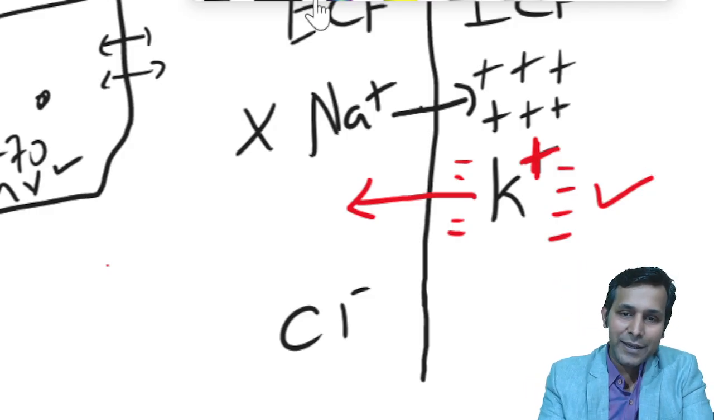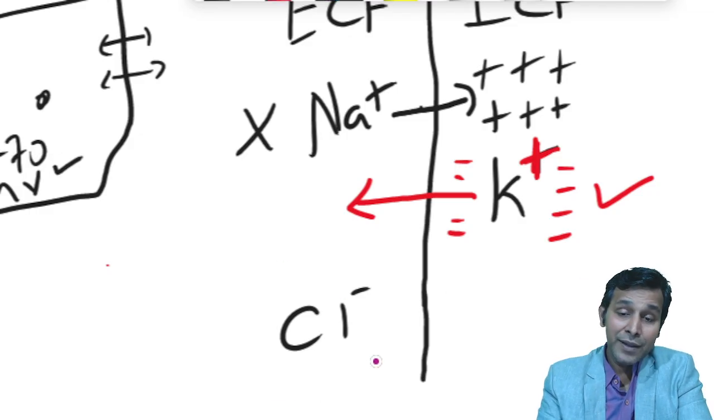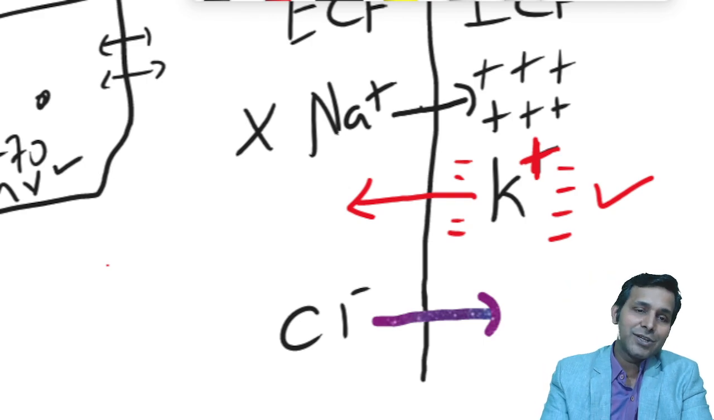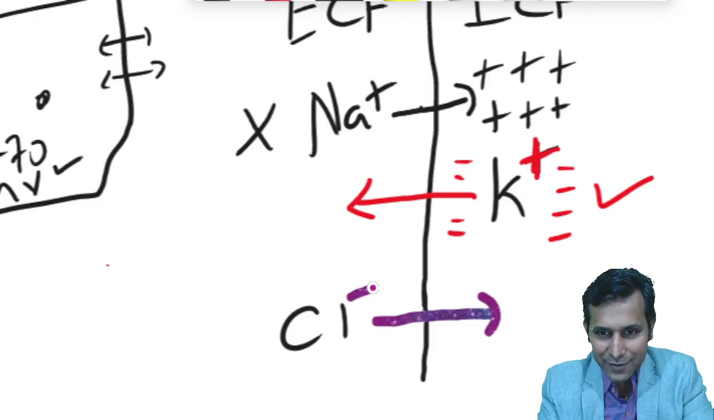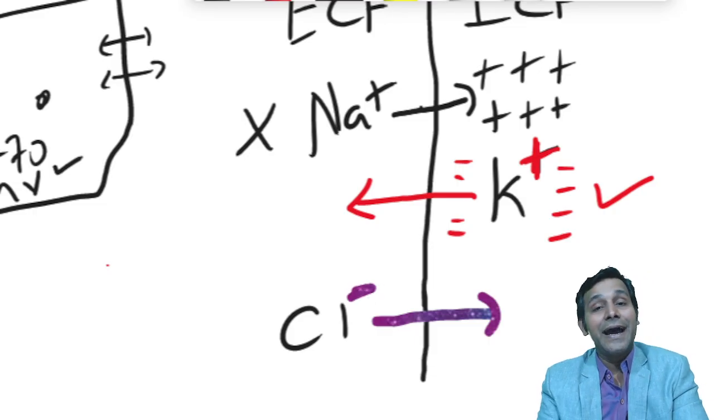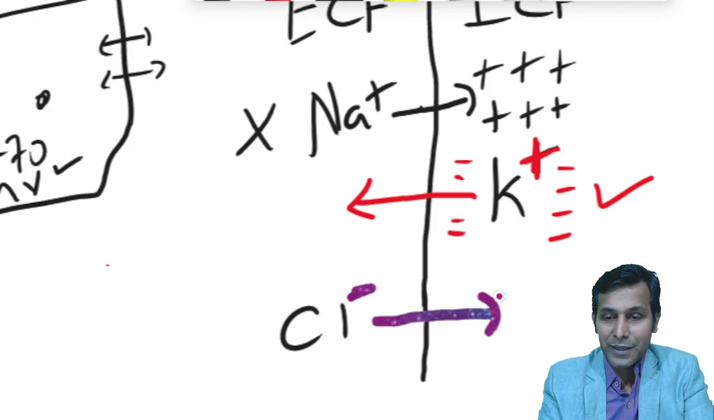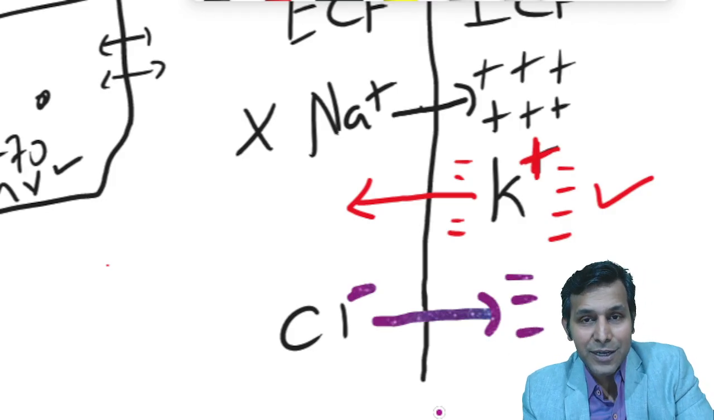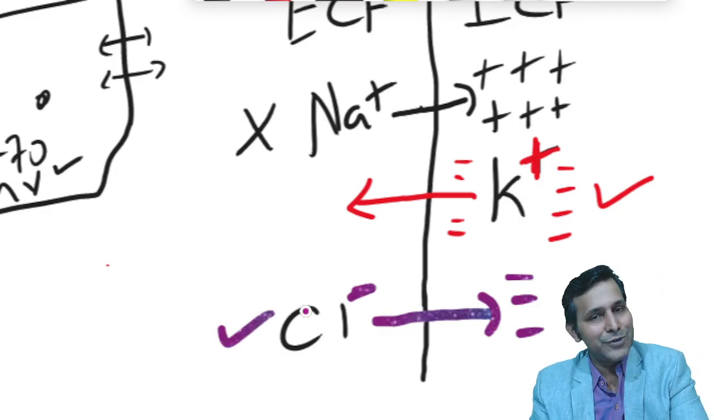And what about chlorine ions? Chlorine ions are going to move from where to where? They are going to move from outside to inside. And when they are moving from outside to inside, what charge are they going to bring from outside to inside? Remember, chlorine ions have a negative charge. They are anions. So when chlorine ion moves, they will bring a negative charge inside the membrane, and because they are bringing a negative charge inside the membrane, chlorine ion to a certain extent is also going to help